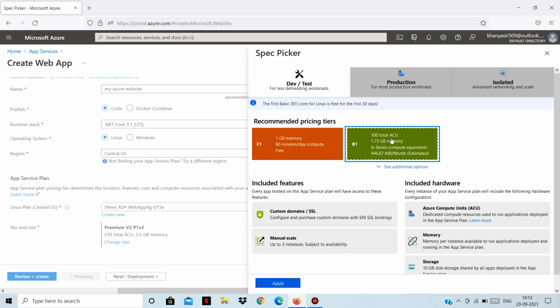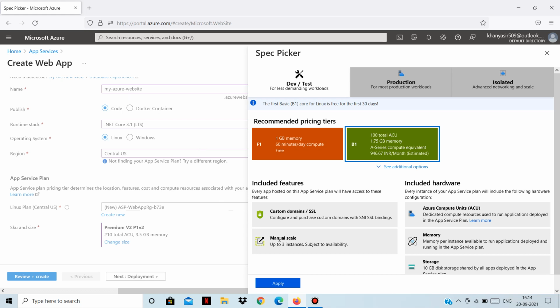Or you can choose B1 also. B1 provides us with some more features. You can also have custom domains here, like if you don't want this particular website domain as my Azure website dot net, you can have your custom domain also. Also you can implement SSL, means HTTPS, to make your website more secure, because right now this will be just HTTP only.